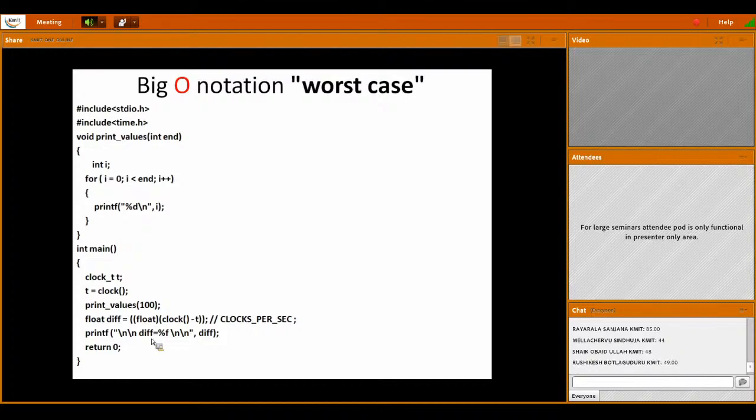So I would suggest all the students, Raghavendra, Sanjana, and all those who have executed, please execute it one more time. Are you getting the same time or different time? Please check. Please run your code. Pujita, oh okay, good. It's changing, sir. That is my point. It is changing.